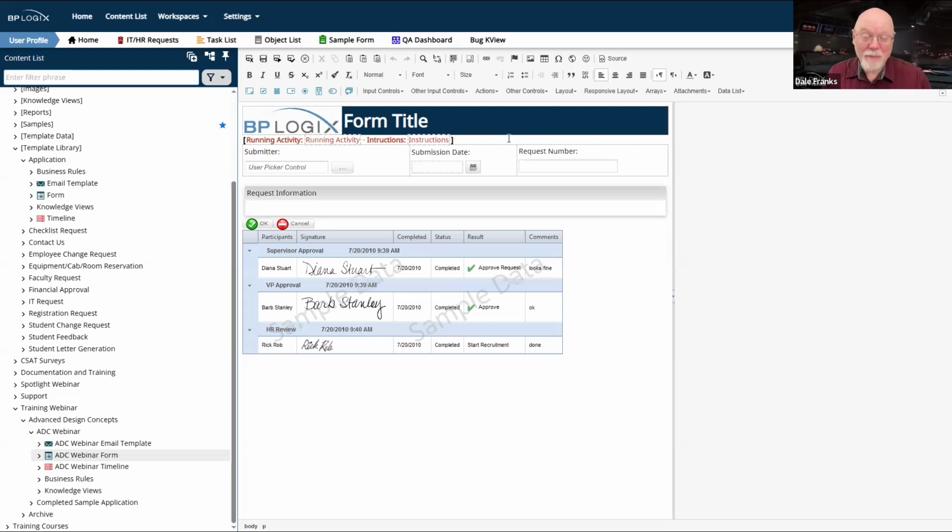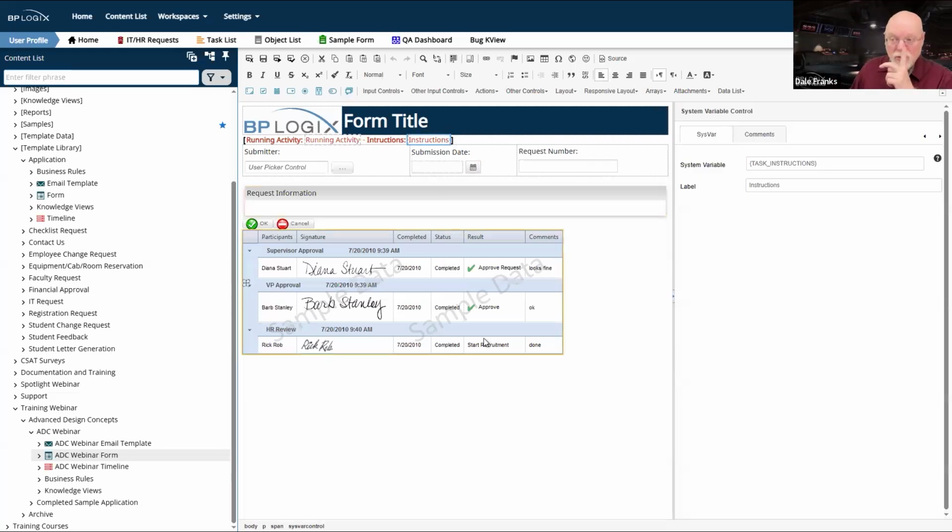By extension, it's important to name your activities with logical names that mean something to the end users so that they can tell what that activity means. So approval 1 and approval 2 are not going to cut it. When we go back and start configuring our process timeline, we'll deal with those. But you should tell the user the running activity. And of course, you need to give the user the instructions that assist them and tell them what it is that they're going to do.